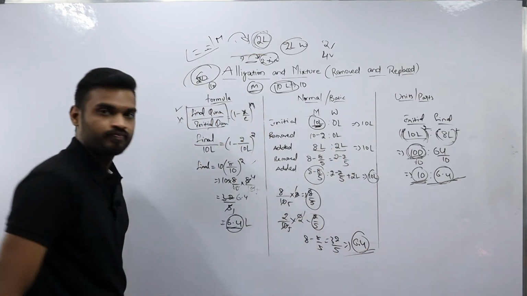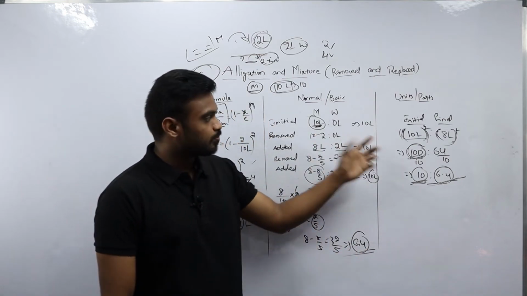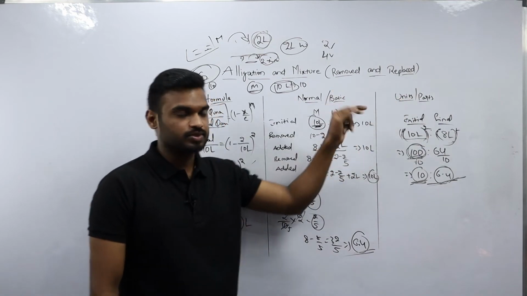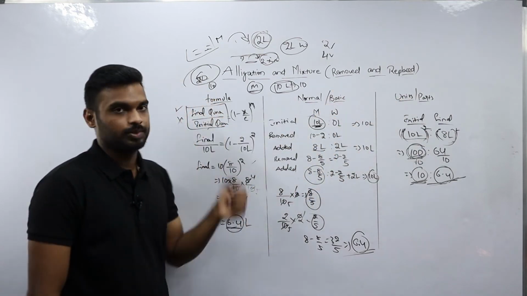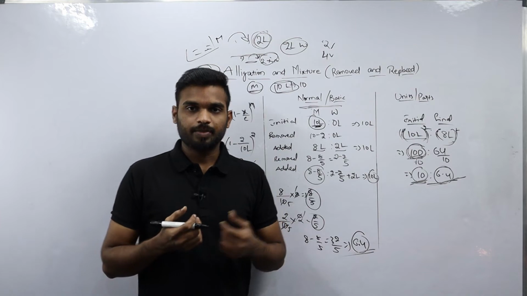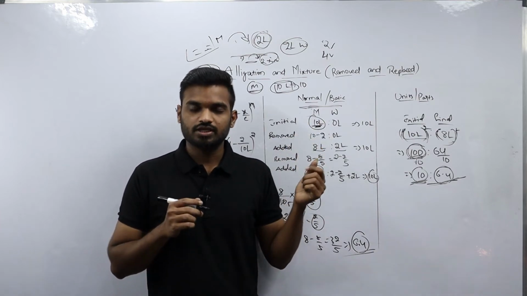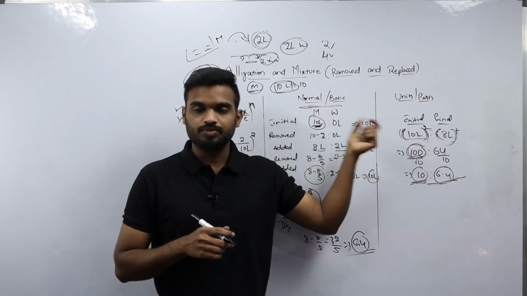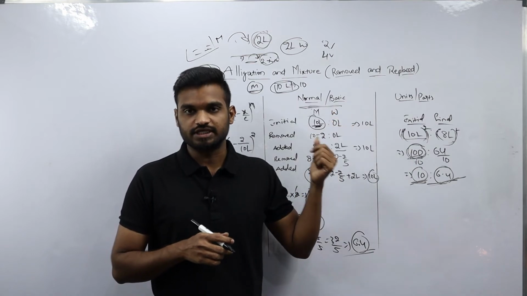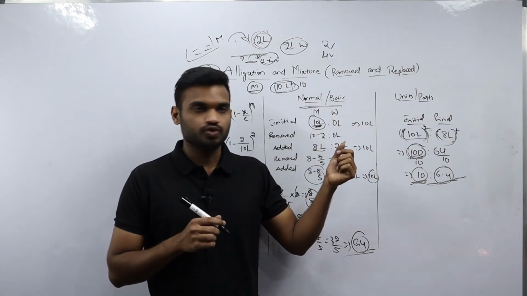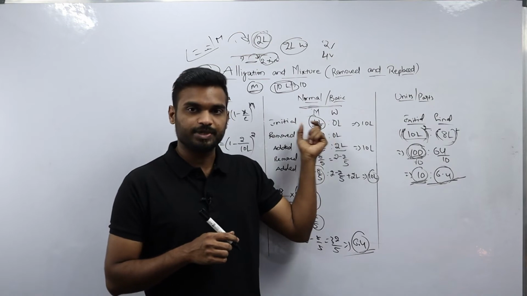That is here. In this way we will solve the problems based on this units or parts method, normal or basic, and also formula method. See here, when compared to the normal or basic method or formula method, using this units or parts method, you can solve the problem so quickly, in a fraction of seconds. That's the reason always try to use this units or parts method and normal or basic method to solve